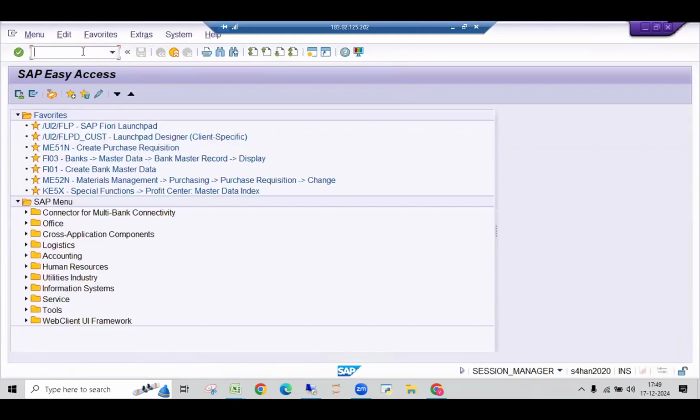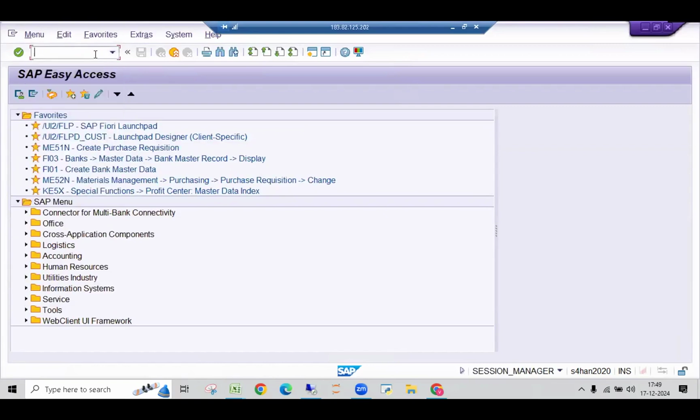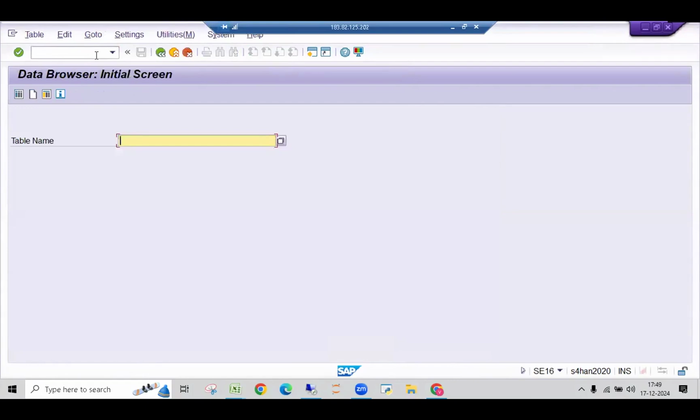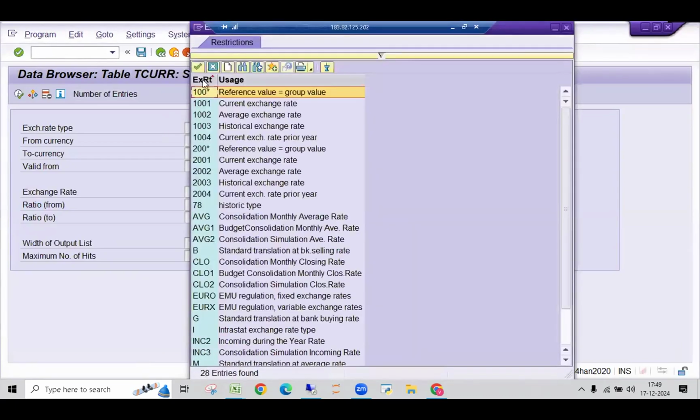Okay, LTMC. So before we go into LTMC, let's see the T-code table, SE16, to view the table contents. And type in TCURR. And here, I'm going to check whether, so these are the exchange rates, which I told you, the master data,